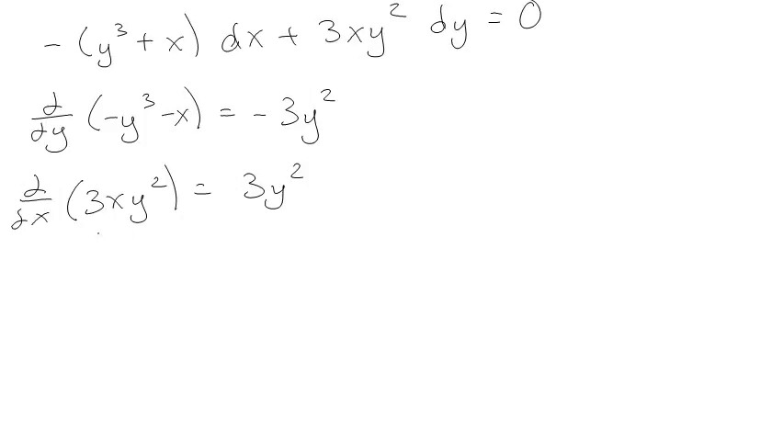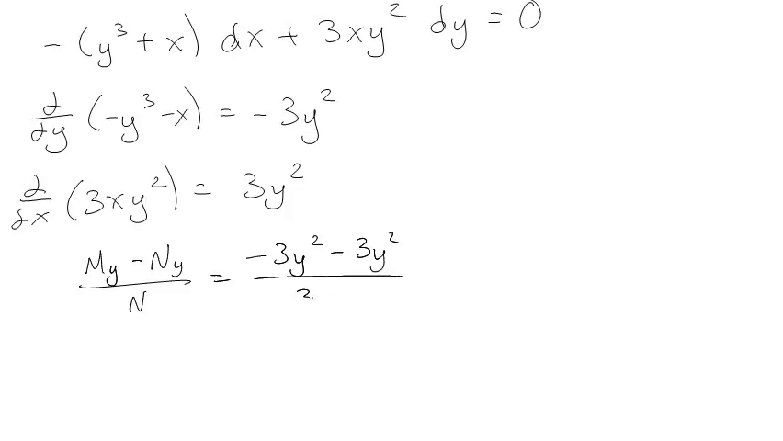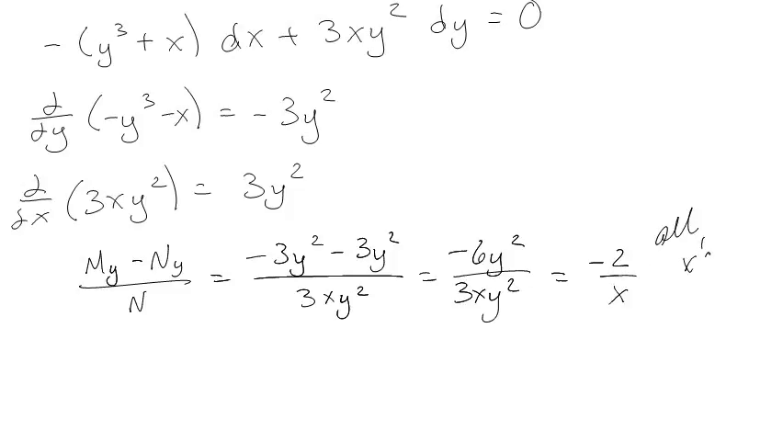So I'm going to try my minus ny over n. So I have minus 3y squared over n. Ooh, yay! Minus 2 over x. All x's. Yay! So since it's all x's, that means that I'm going to multiply the whole thing